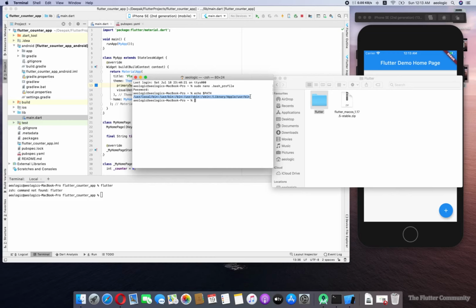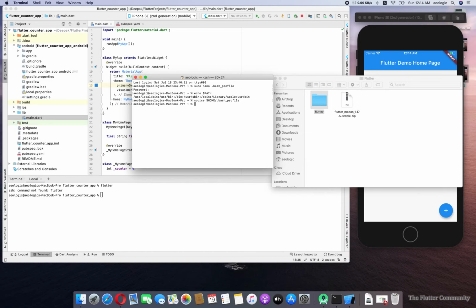To refresh that path, there are two options: you must restart your system or just use this command, source home bash profile. It will refresh your path with the operating system.